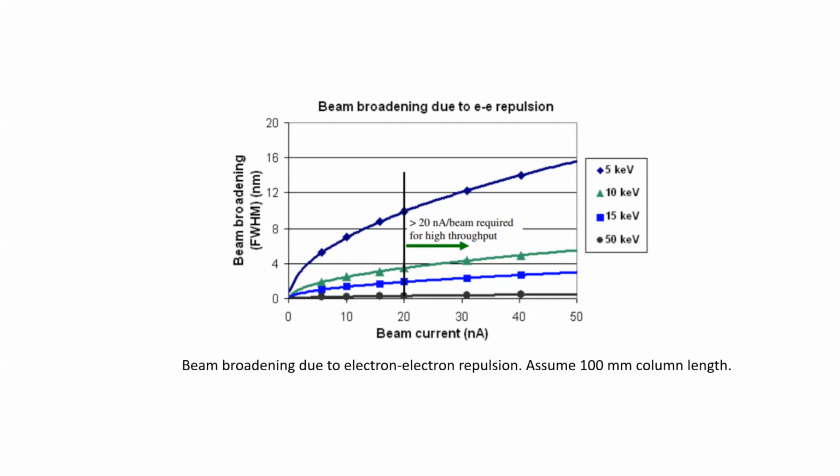So when beam current is high and beam energy is low, this has a major impact on resolution. To achieve high output in electron beam lithography also, a high beam current is used to reduce the exposure time. And an electron beam current of greater than 1 microampere is required to achieve 5 WPH for low density critical